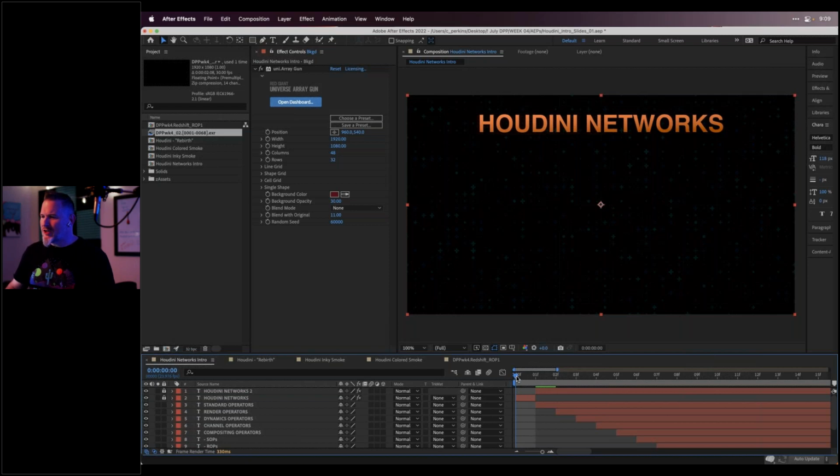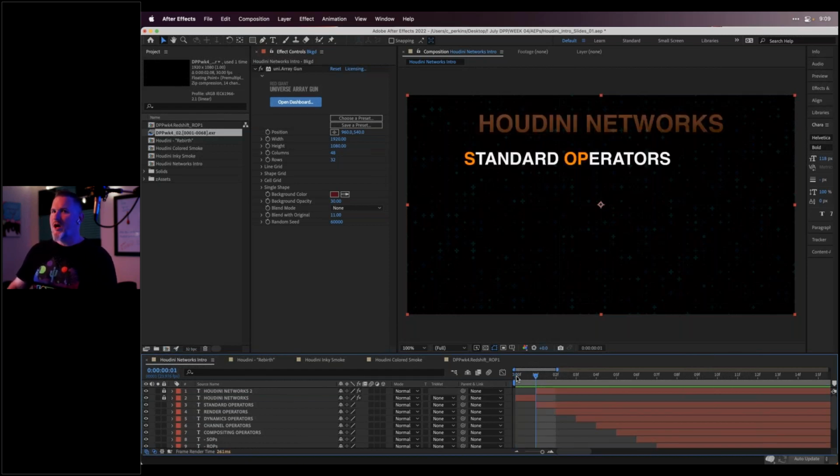So let's talk really briefly about Houdini networks, because this is something that throws new users for a loop. In some contexts, like the geometry context we just saw, we have something called standard operators. That's what we call the nodes when we're in the geometry network. We call them standard operators. But there are tons of other networks.